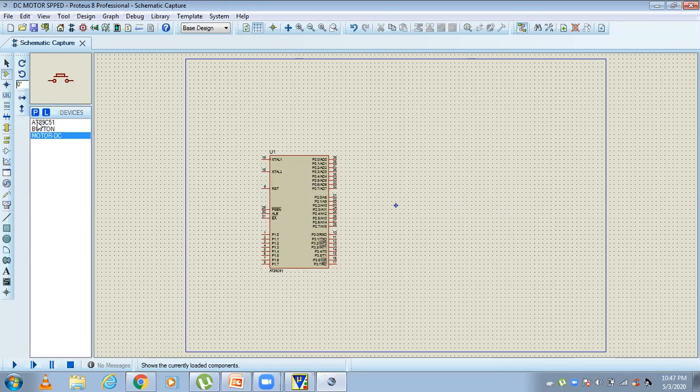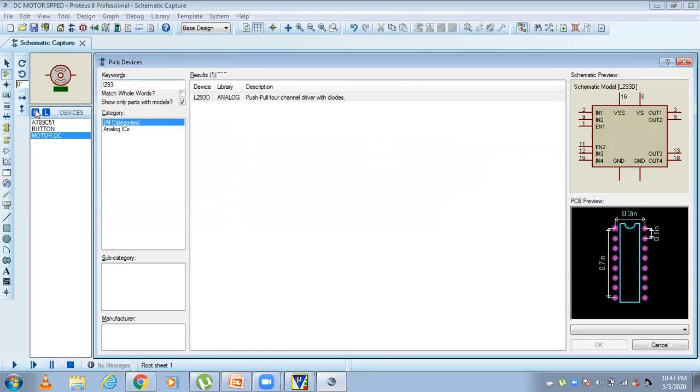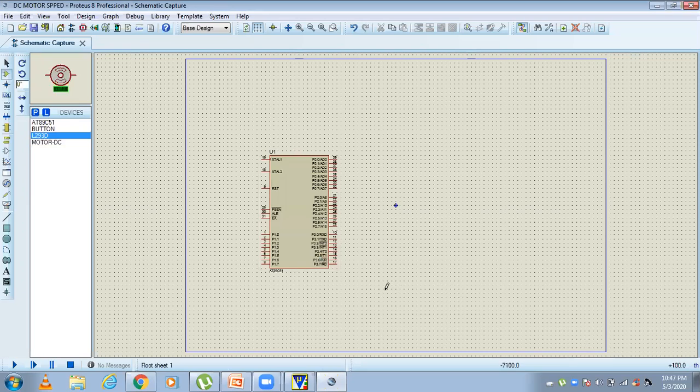The motor driver IC number is L293. This motor driver IC will give sufficient current to the motor. Okay, because the microcontroller, you know that the output will give maximum 1 to 2 milliamps current. Whereas this motor requires more than that, so the driver IC will convert small current into larger current.